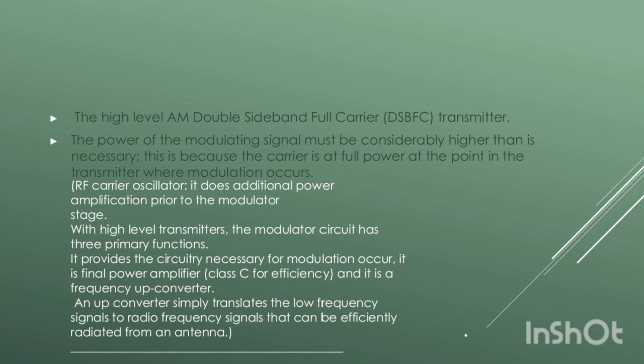With high level transmitters, the modulator circuit has three primary functions. It provides the circuitry necessary for modulation to occur. It is the final power amplifier, class C for efficiency. And it is a frequency up converter. An up converter simply translates the low frequency signals to radio frequency signals that can be efficiently radiated from an